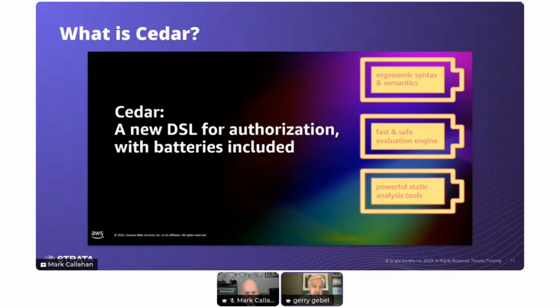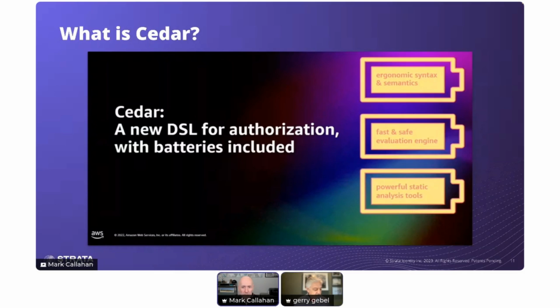This clip here is from their announcement at reInvent, and what they explained was they looked at a number of existing languages, and what they wanted to address were three main requirements. One is the expressiveness of the language. The second is performance. And the third was that auditing function that I mentioned previously. So these were the reasons why they built Cedar the way they did. Does that make sense so far?